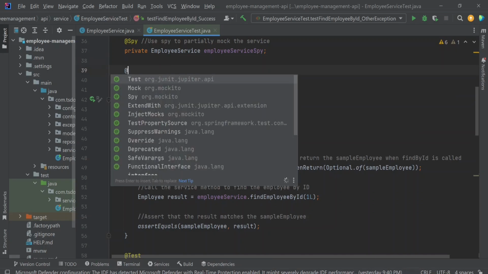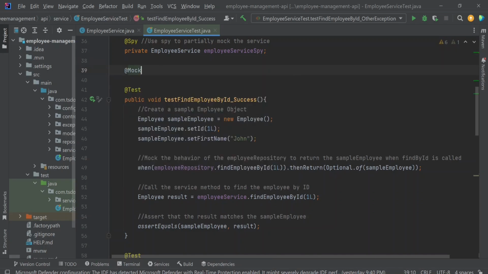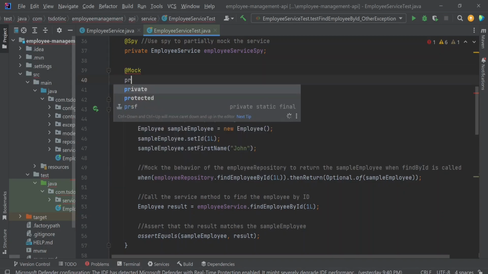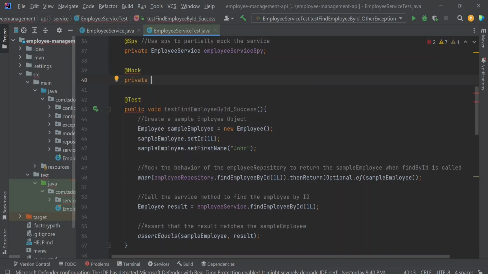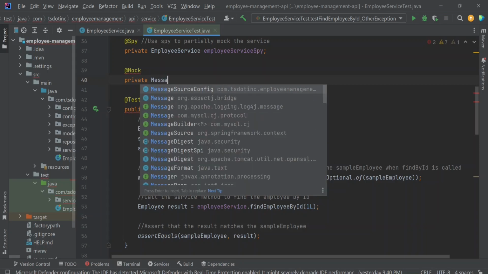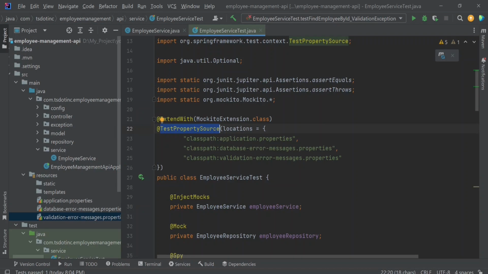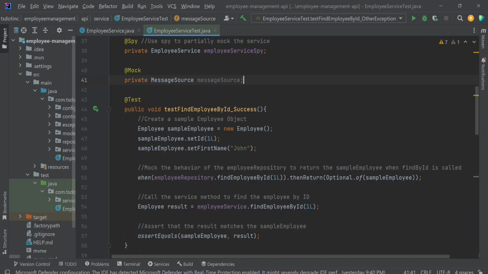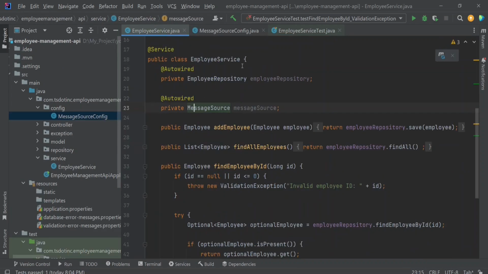Additionally, you need to mock the message source using @mock annotation in your employee service test class. @mock annotation creates a mock instance of message source. In this context, it is used to simulate the behavior of the message source component, which is typically responsible for obtaining error messages from properties files. By using @mock, we can control and verify the interactions with the message source during testing without invoking its actual